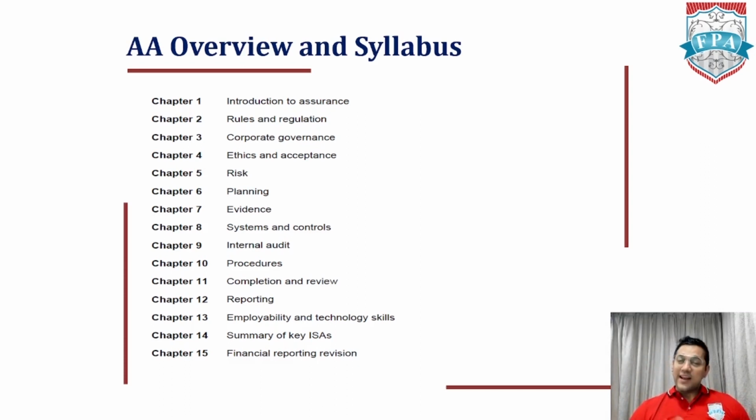And to be fair, in the business environment we are in, we see so many companies shutting down because of scams, etc. So corporate governance is an effort to reduce that. Then moving on to ethics and acceptance, this is a chapter which talks about the key things an auditor will need to consider before they accept an audit assignment. Because let's face it, when you get an audit, of course you would be very keen to work on that assignment, but there are a lot of ethical requirements around it.